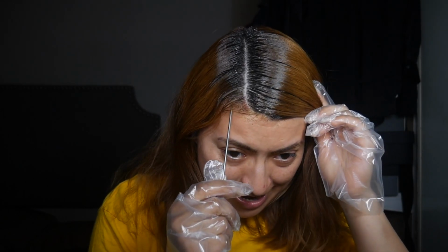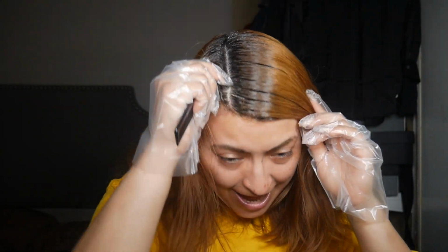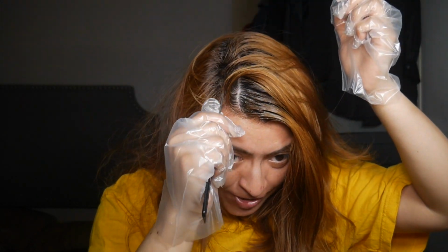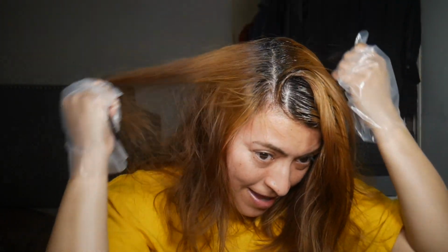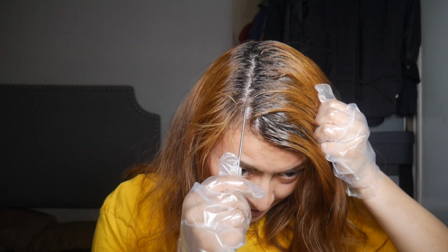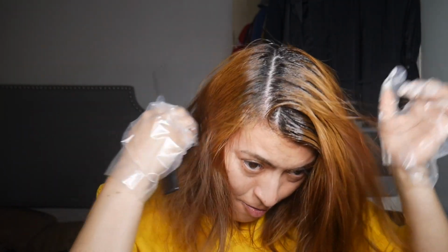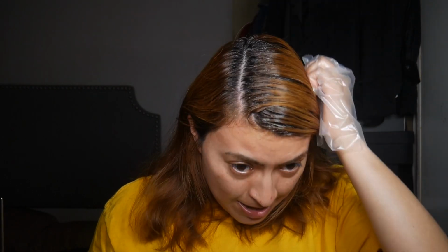I was actually going to wait to dye my hair until next week because originally today my friend, I hit her up and I was like, hey, so what are we doing tonight? Trying to be like, let's do something, right? And one of them is on a date. The other one is at a carne asada. And I'm just like, damn, I got no plans. But originally I was thinking I was going to have plans, so I was like, oh, I'll just dye my hair next weekend. Like, screw it, it is what it is. But since I have no plans and I am here at home doing nothing, I literally went to work this morning and